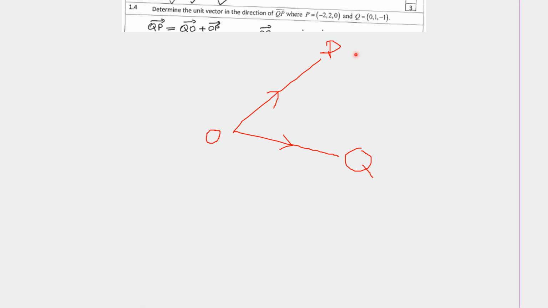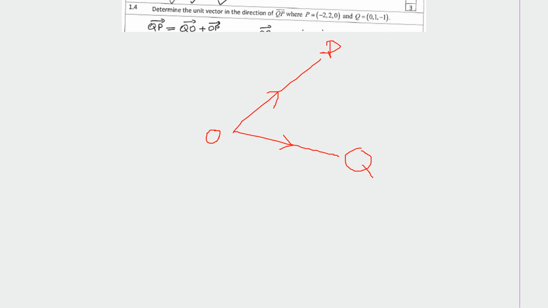So every time, the vectors will always have a point where they meet, they intersect, all of them. So we can just name it O here. Basically, the coordinates of P here actually represent OP, and the coordinates of Q here actually represent OQ. So even if they give you a question like this, you have to be able to represent it as